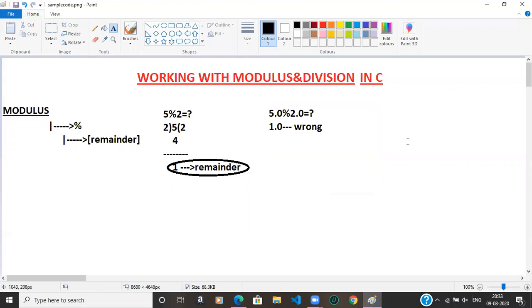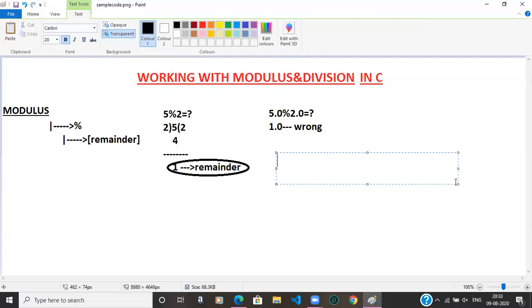In C and C++, we are not able to perform the modulus operation between two floating point values. If we want to perform the modulus operation between two floating point values, we need to write the fmod function. The fmod function is basically developed for floating point modulus.